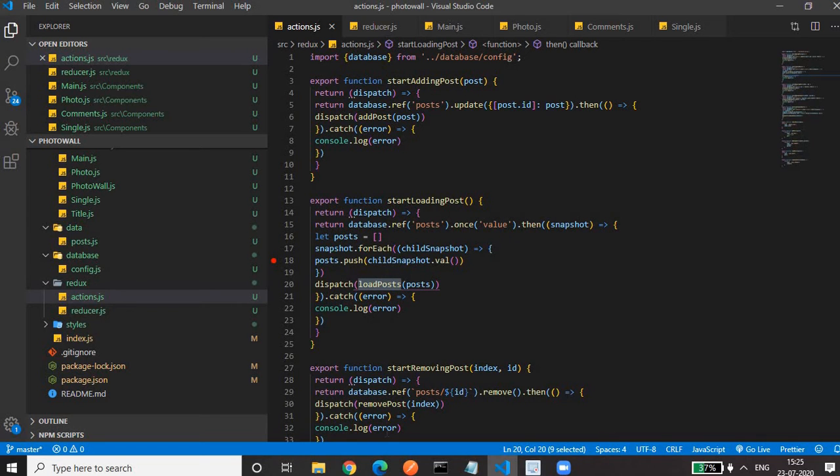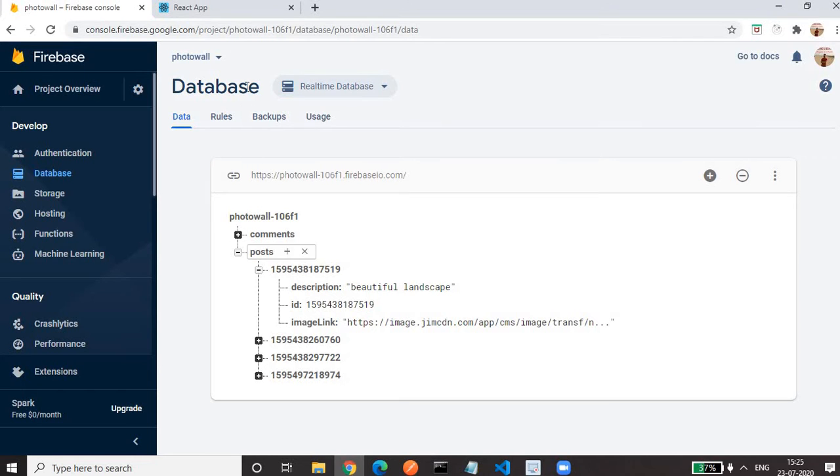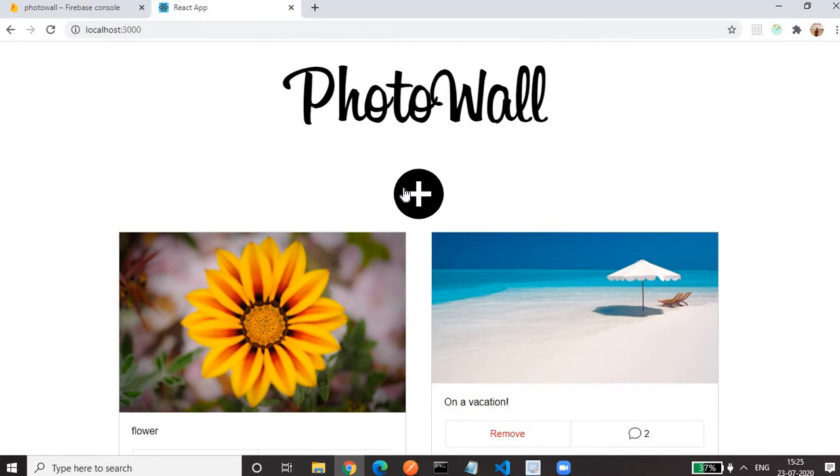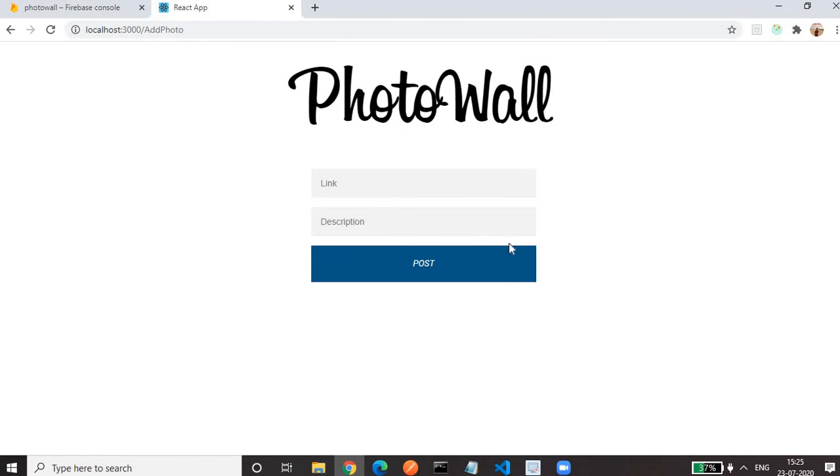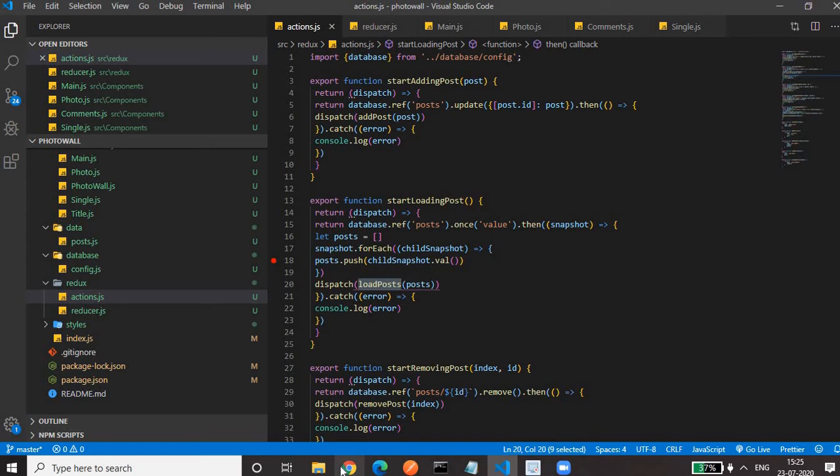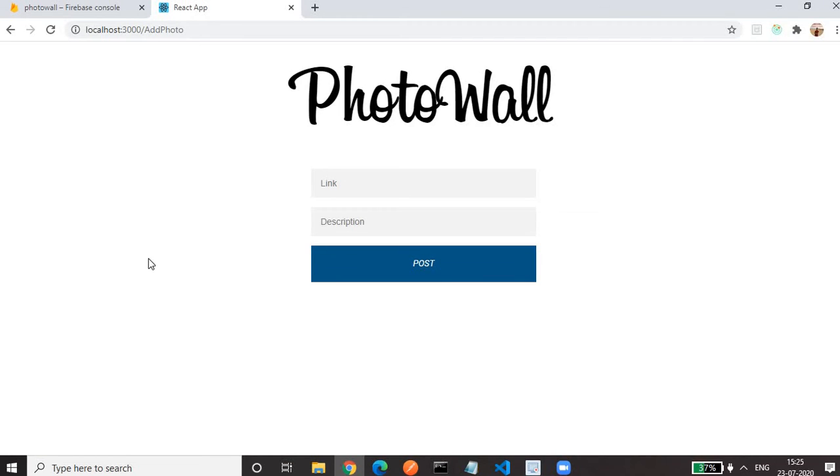What have we done for adding the post? Adding the post is understood, meaning how this works: on click of the post button, we are adding the post to the database. How is this working now? For that, the same thing, because if we are adding a post it means we are doing an insertion into the database, we are creating a new post. So we first have to insert into the database, then we have to update our store with the new post.